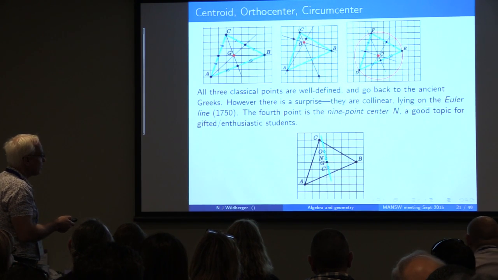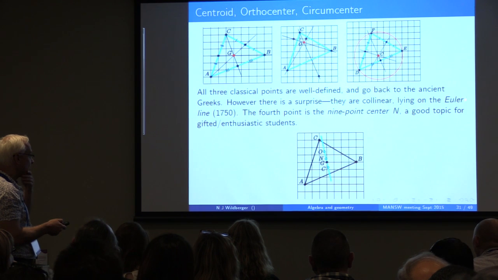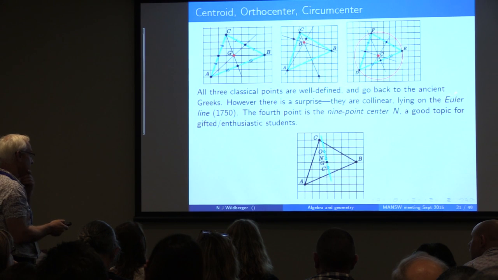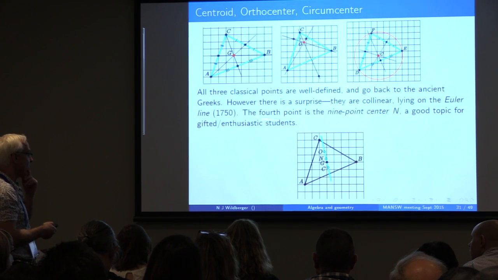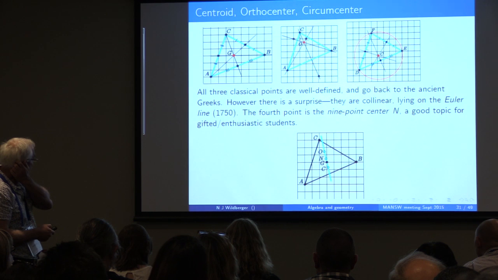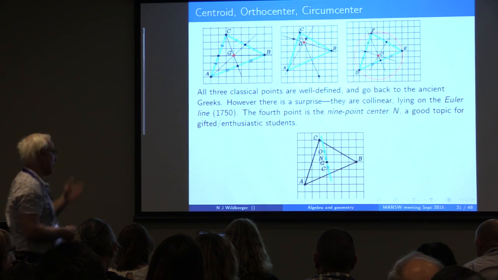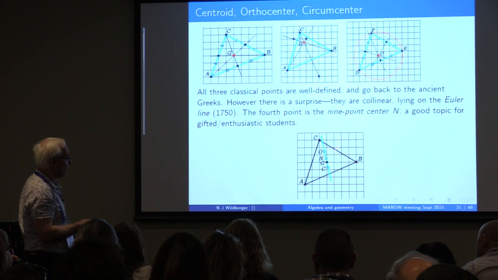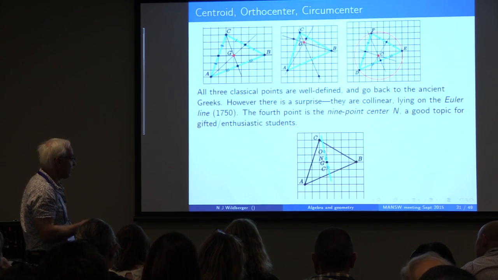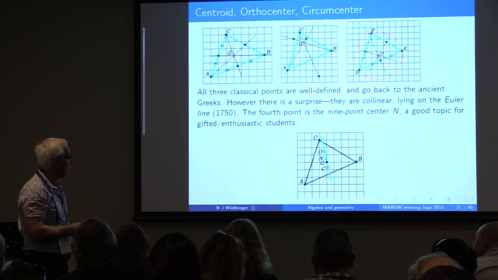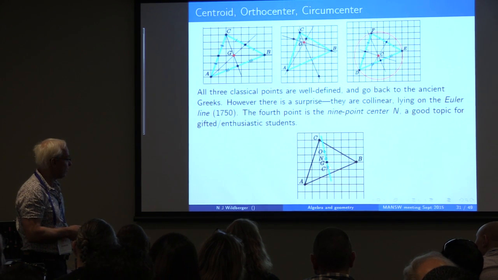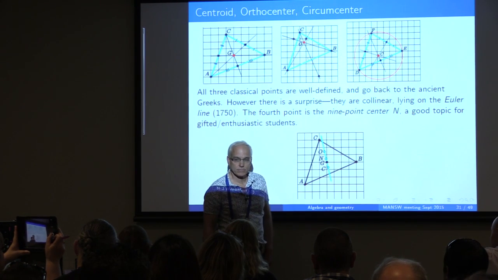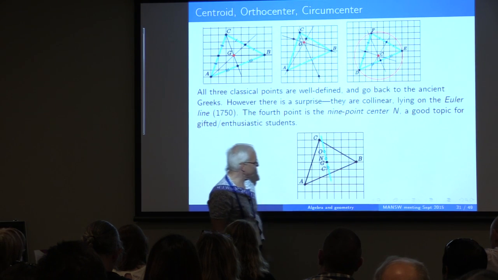And then we fast forward up to the 18th century to the great towering genius of modern times, Leonhard Euler, who was far and away, in my opinion, the most dominant mathematician of modern times, who, amongst many other thousands of things that he discovered, discovered that if you actually look at these 3 points in an actual example, you find that they are all collinear. The orthocenter, the centroid, and the circumcenter are collinear, and moreover, they're always in the ratio of 1 to 2. This is called the Euler line.